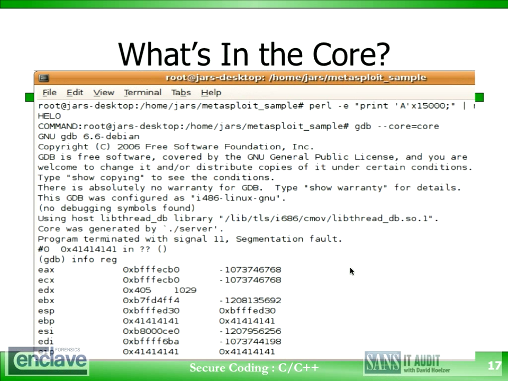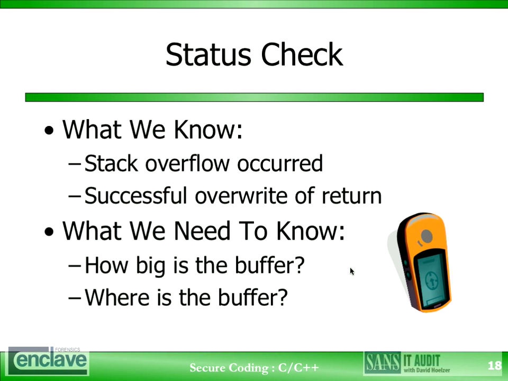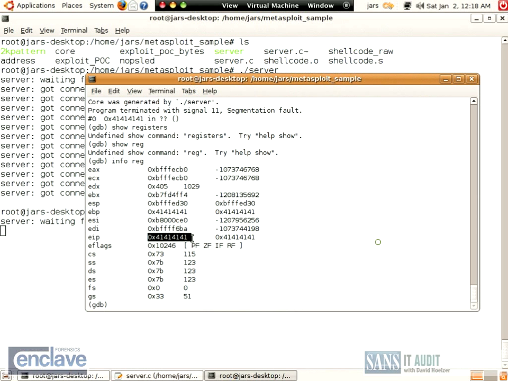Now that we've created the segmentation fault, though, we have some other questions we need to answer. What we need to know is where exactly is this buffer and how big is it? We know there was a stack overflow. We know we've successfully overwritten the return value, but where is the buffer and how big? Well, how can we find that information? Now, what we could do is we could begin trying to poke around in the stack. So, for instance, we could try to display information found in the stack. We'll just use the value that we find here to discover what's in the stack,